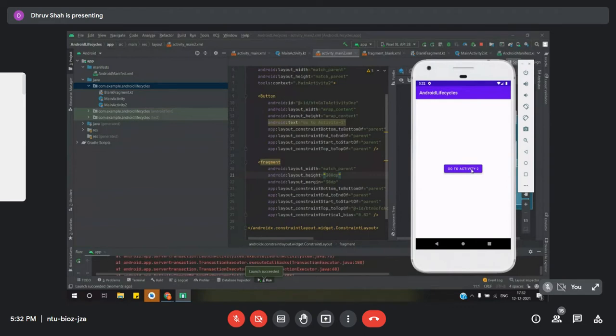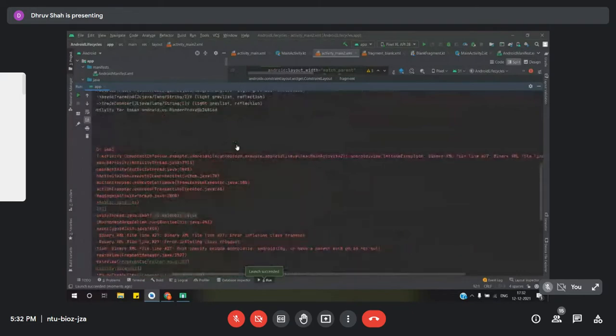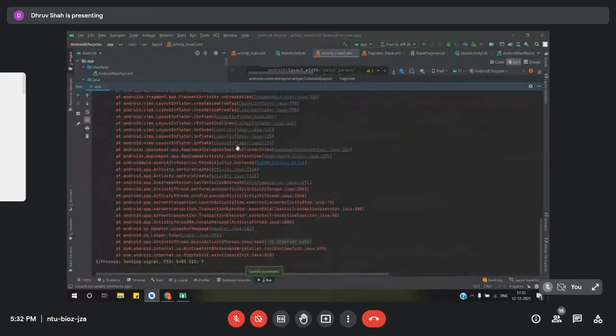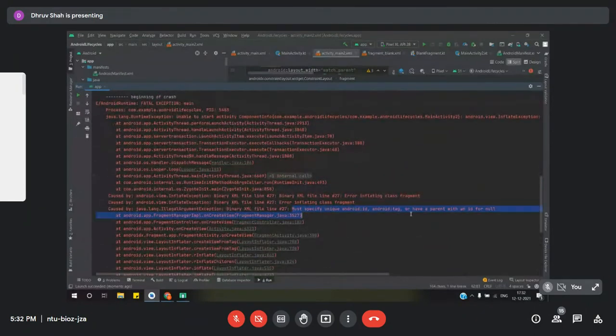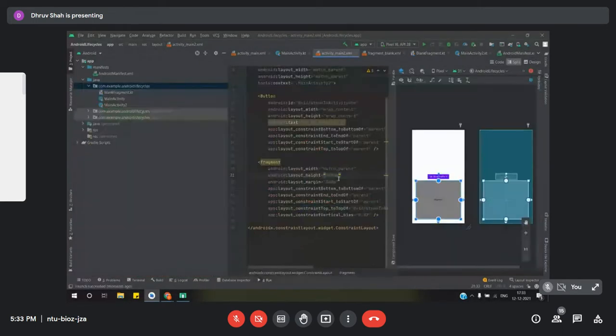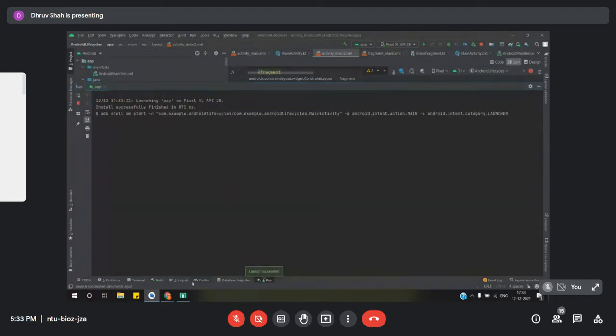Okay, so we navigate to the second activity and you see that there's a total stack trace being printed here. If you navigate somewhere between these lines, you can see this line where it says that you must specify a unique ID for a fragment. So let's just give it an ID of fragment itself. Now you will get another error in here, because we have not yet defined the fragment class which would be linked to this holder. So let's just see that.